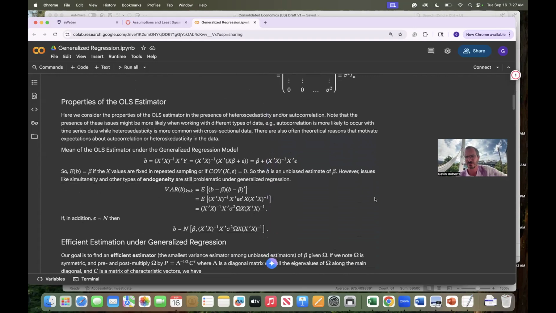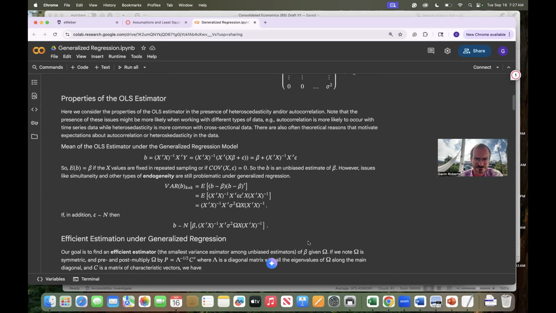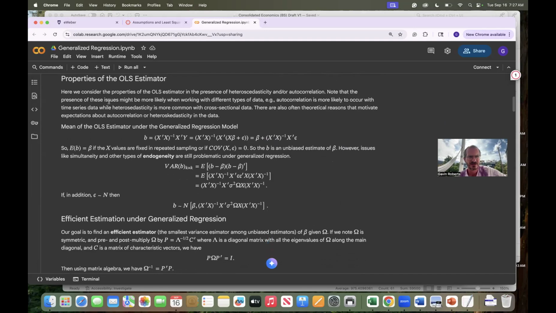So now we can actually go and reconsider the properties of our ordinary least squares estimator under the presence of heteroscedasticity or autocorrelation. So let's go here. Here we consider the properties of the OLS estimator. Know that the presence of issues might be more likely when working with different types of data. For example, autocorrelation is much more likely to occur with time series data, although we might have spatial autocorrelation and